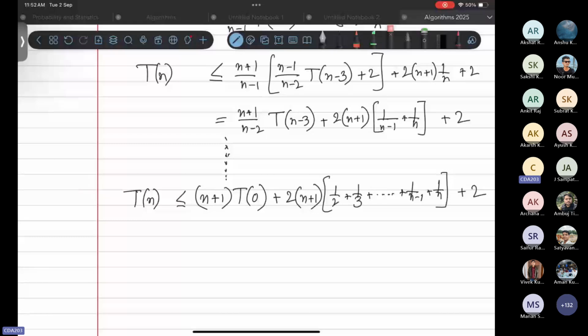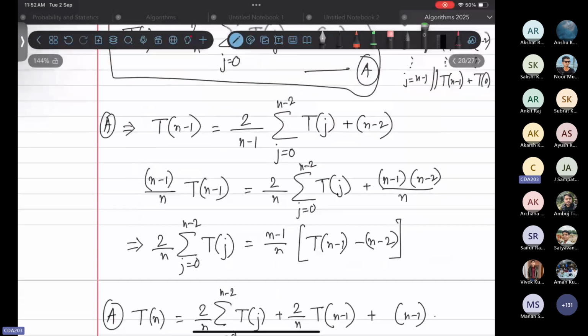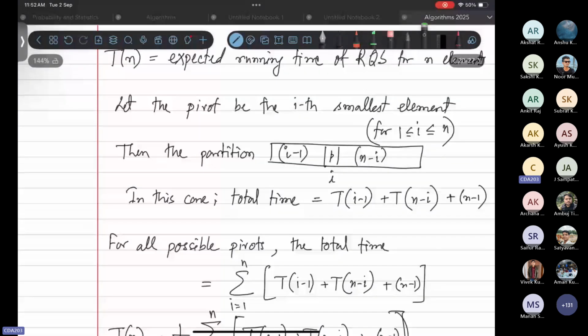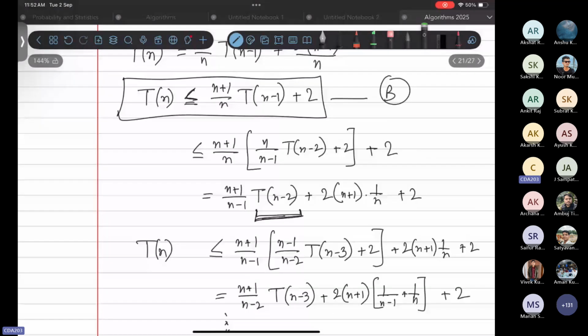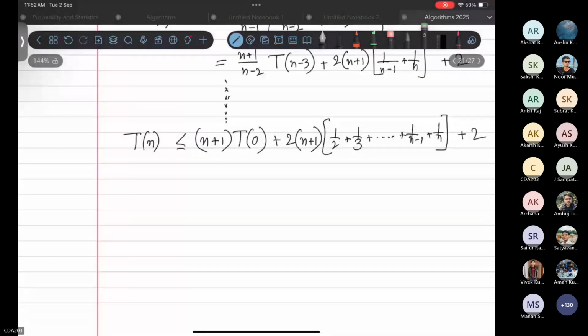Okay. So what is this? Now the question is, what is this T0? T0 is how much time we are going to take. So just go back to the definition of this: expected running time of a randomized quicksort when we have zero elements. That's obviously zero. T of zero is nothing but zero. Right? It won't take any time. So the only thing left is